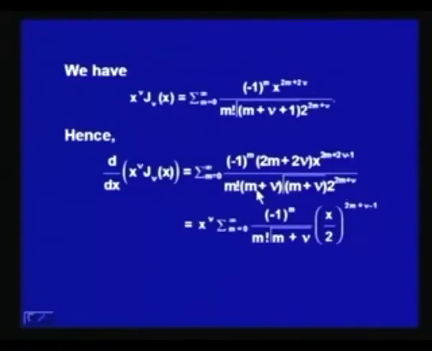Now, we may cancel m+ν in the numerator and denominator, and then we shall have the right hand side equal to x^ν times the sum over m from 0 to infinity of (-1)^m over m! Γ(m+ν) into (x/2) raised to the power 2m+ν-1,